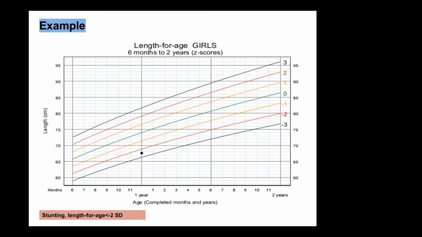For example, for the birth weight, the minimum criteria for the developing countries is 2.5 kg. So if a child is below 2.5 kg, it's low birth weight. But that is different in developed countries, where it is mostly 3 kg. So it depends. But for stunting or wasting, it is standardized. I don't know of any differences, but normally it's standardized across all the countries. So for the birth weight, it's different in developing countries.